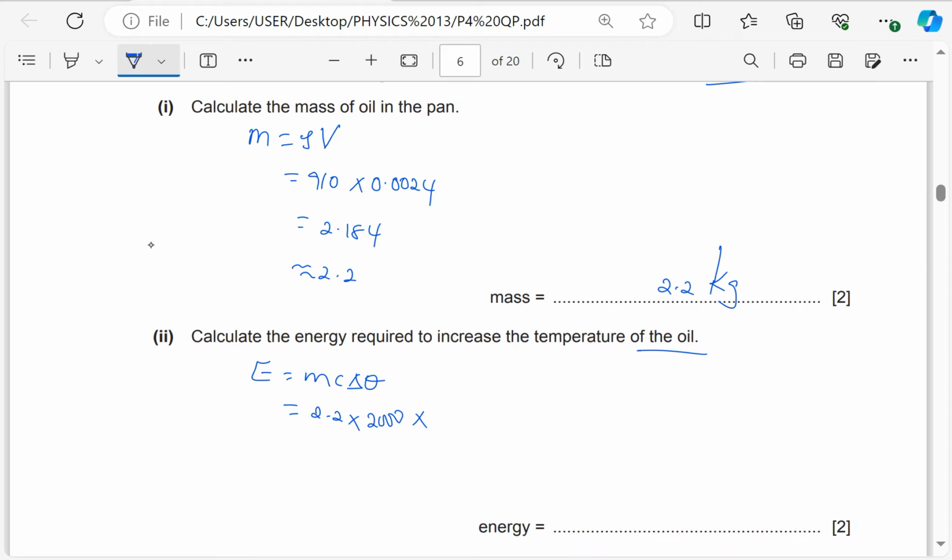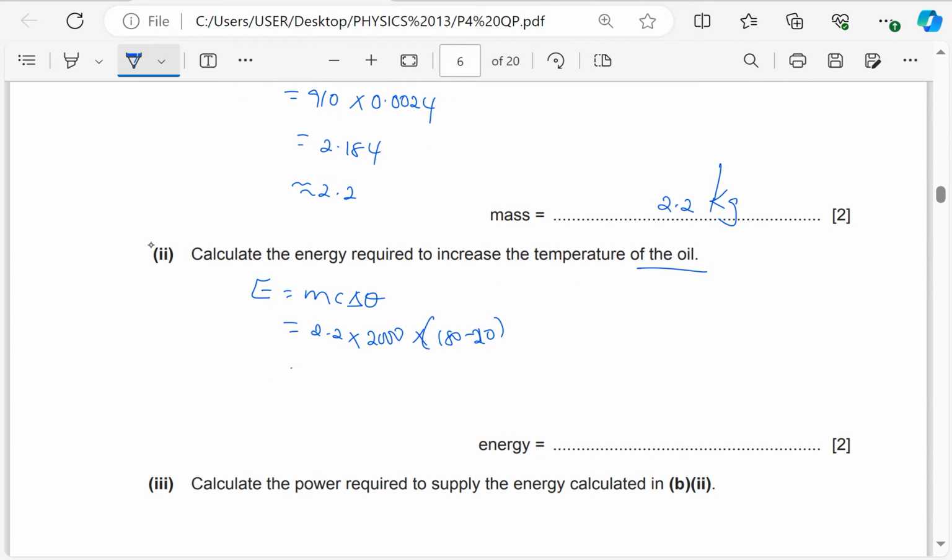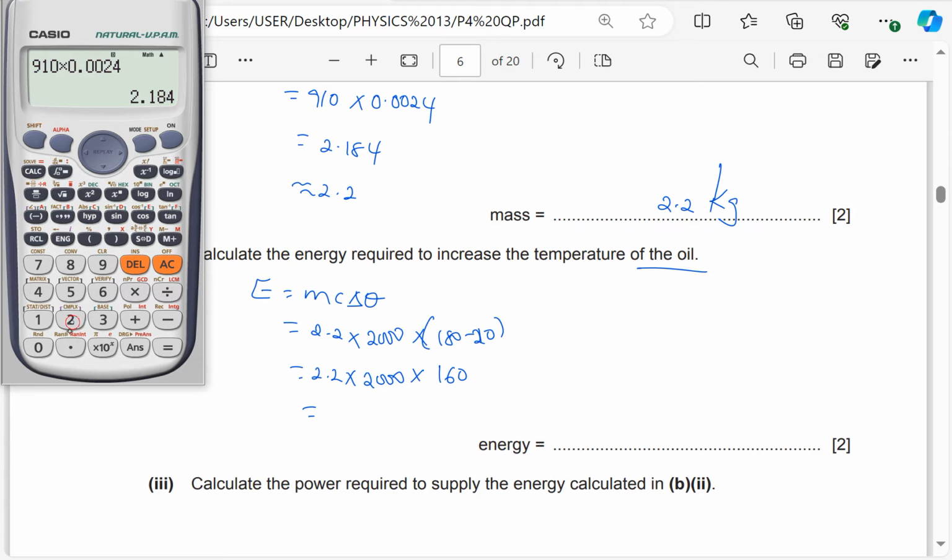Then the change in temperature is 160, or it is 180 minus 20. So this is 2.2 times 2000 times 160. So I'll just check my calculator. 2.2 times 2000 times 160. So that is